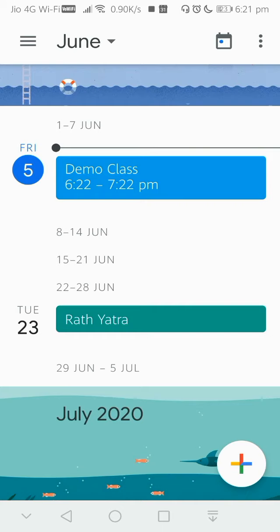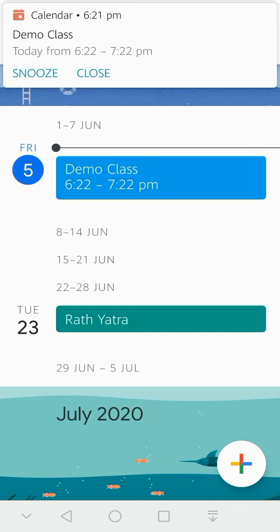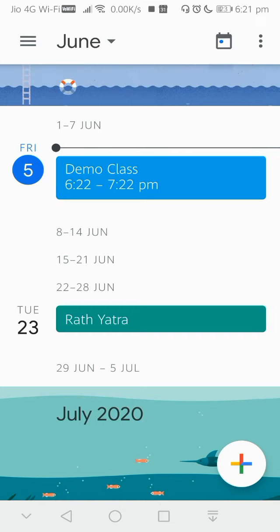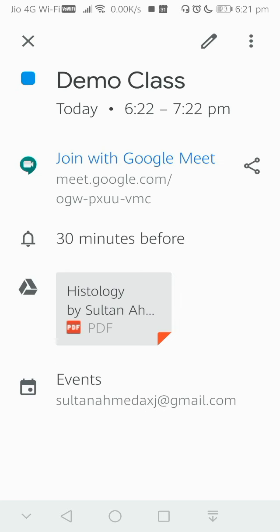Since I have entered 6:22, my Google Meet link will be activated in the calendar itself at 6:22. Remember, there used to be a lapse of time sometimes, that it may take a few seconds or up to a minute to generate the meeting link, but it has been generated here already.